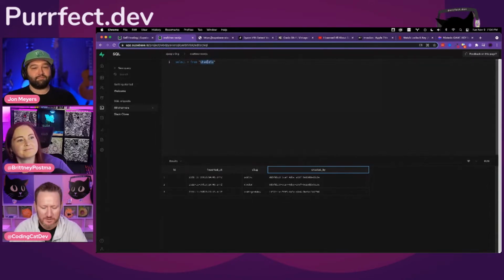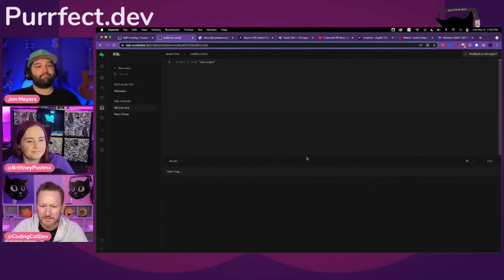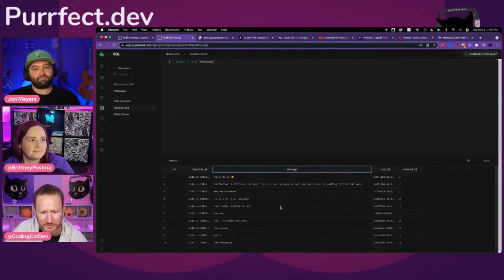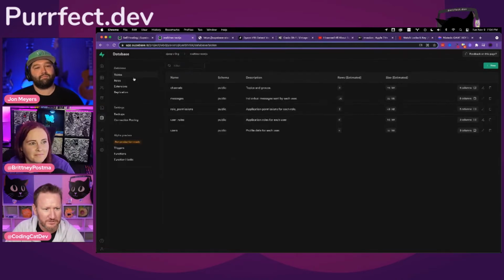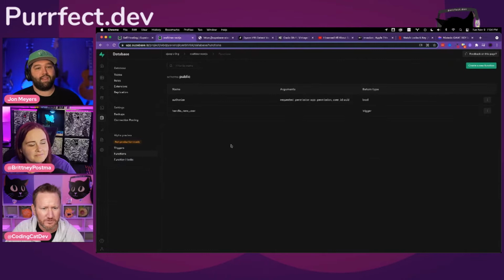So we can do the same thing with our messages table, right? So let's see if what we were just talking about back and forth, look at that. There's all of our messages coming through. So the cool part is you get all these amazing SQL commands. I believe if you're running on Postgres, you're going to get the functions as well with this. Is that true? Yeah, so you can write Postgres functions as well.